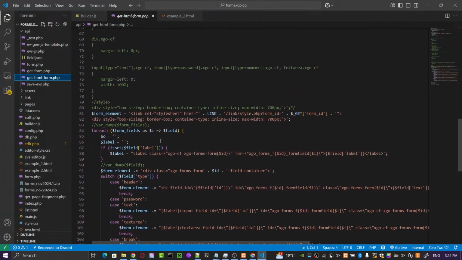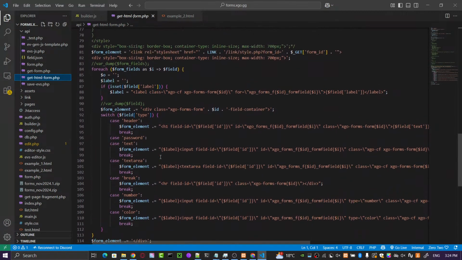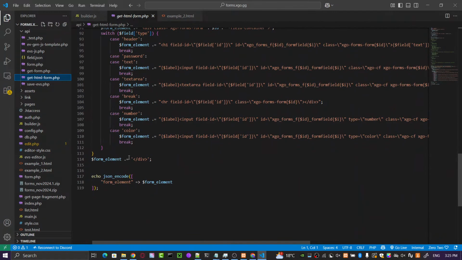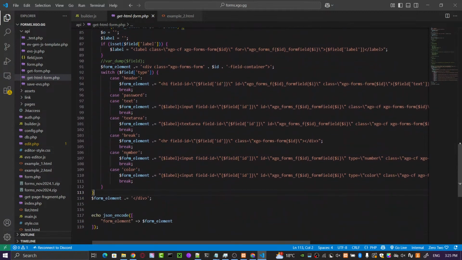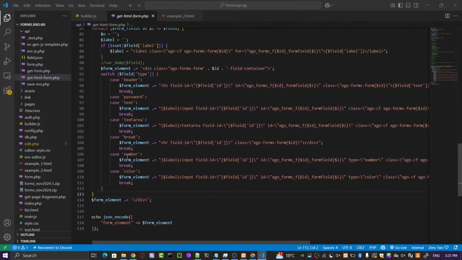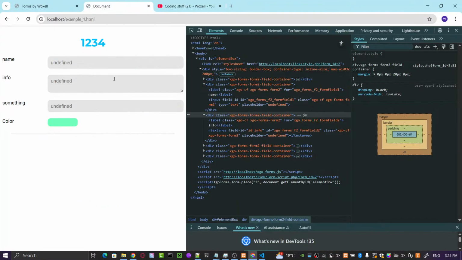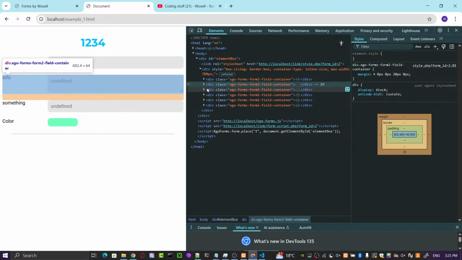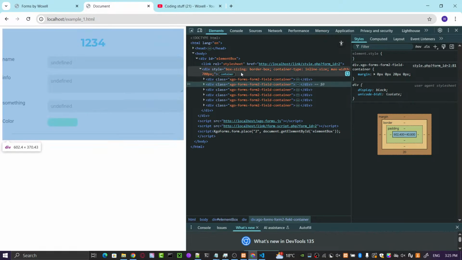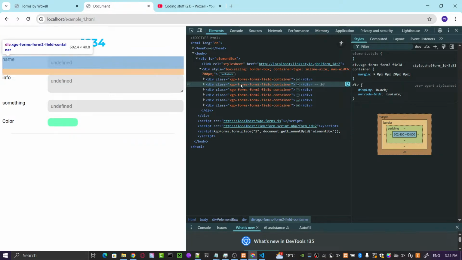So we have a div right here, and how many divs do we have here? Okay, for each element we have a div. That's interesting.